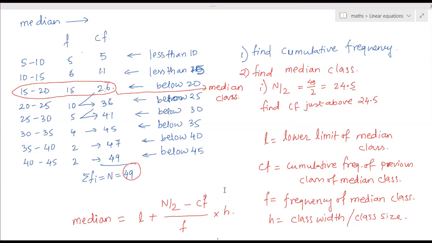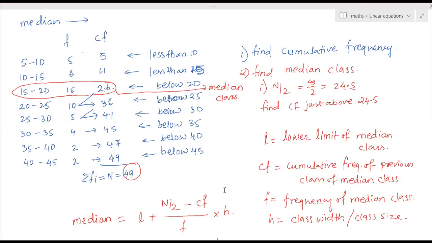For the mean part, don't try to find out all the remaining methods. Remember only one method, so that you can do all the questions with that single method. There will not be a question saying solve it by the assumed mean method, direct method, or step deviation method. You can solve by any method.